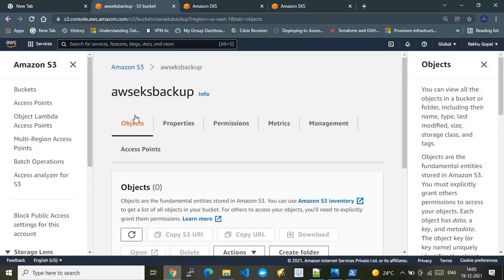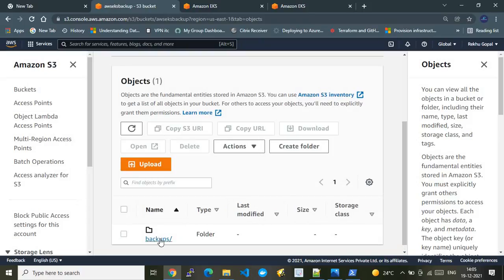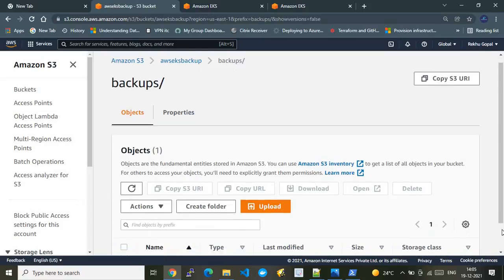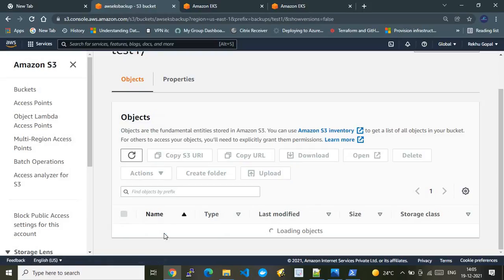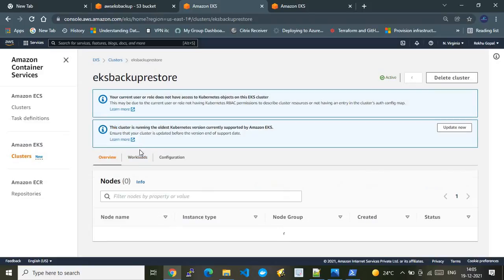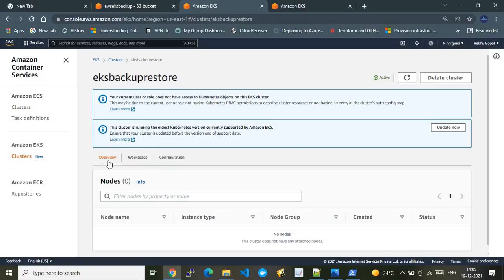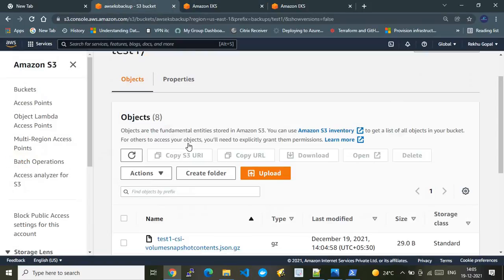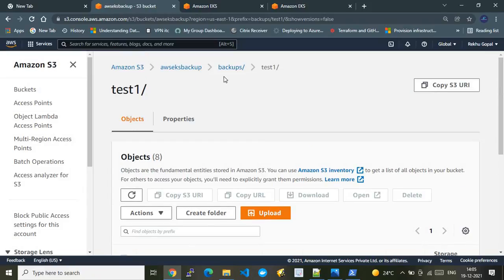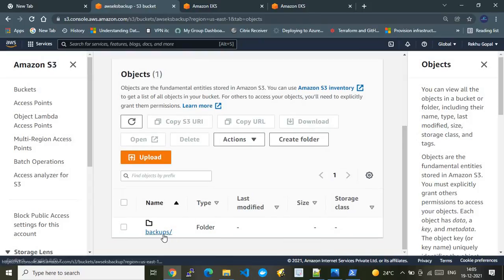Now let's go to the S3 bucket and see if the objects have been created. If I refresh, we should see some objects. Here you go, the backup is created. That's good. This is nothing but our backup from the primary EKS cluster. It has certain workloads, which are not shown here, but they are configured in this EKS cluster and are backed up here in the AWS S3 bucket. This backup folder is automatically created, and under it all the backup files are created.